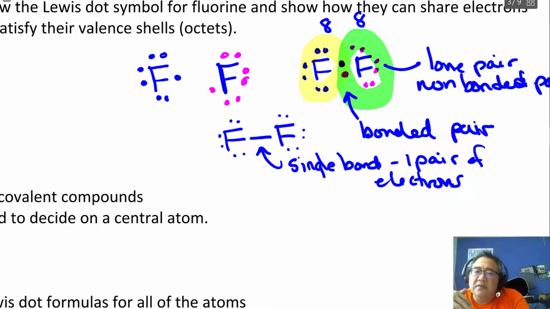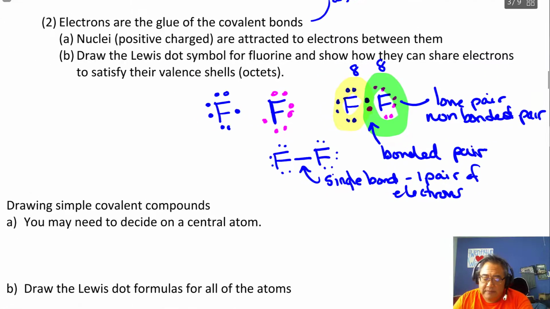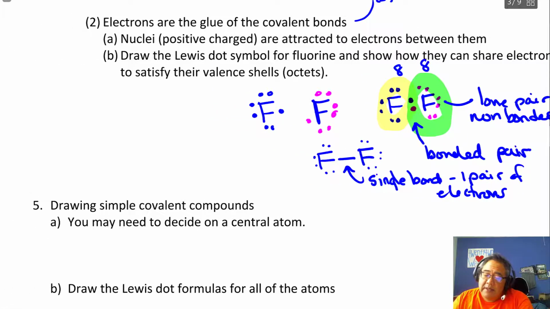Now, there's instances where you'll have to share more than one pair, like 2 or 3, and those would be, instead of being called a single bond, called a double and a triple bond, and we'll go over examples of that in just a few minutes. Okay, so